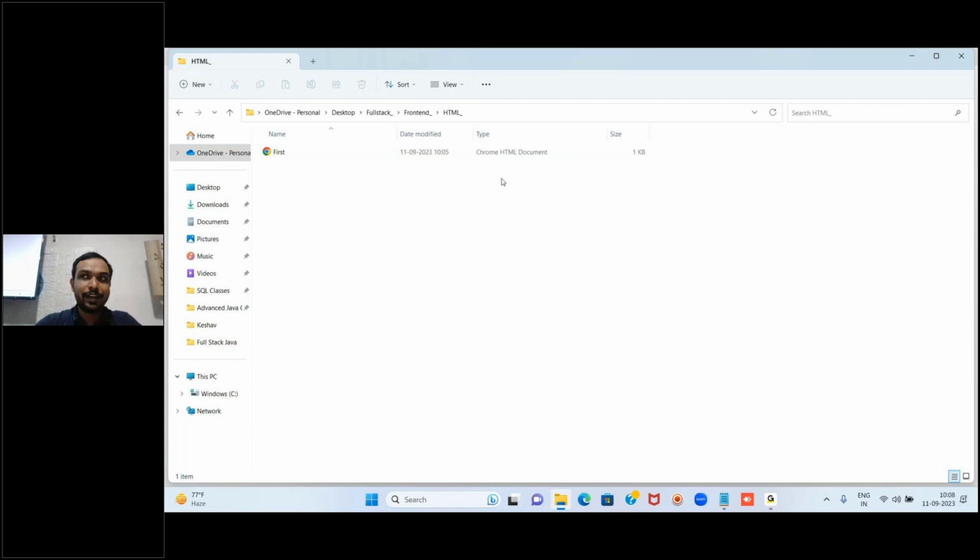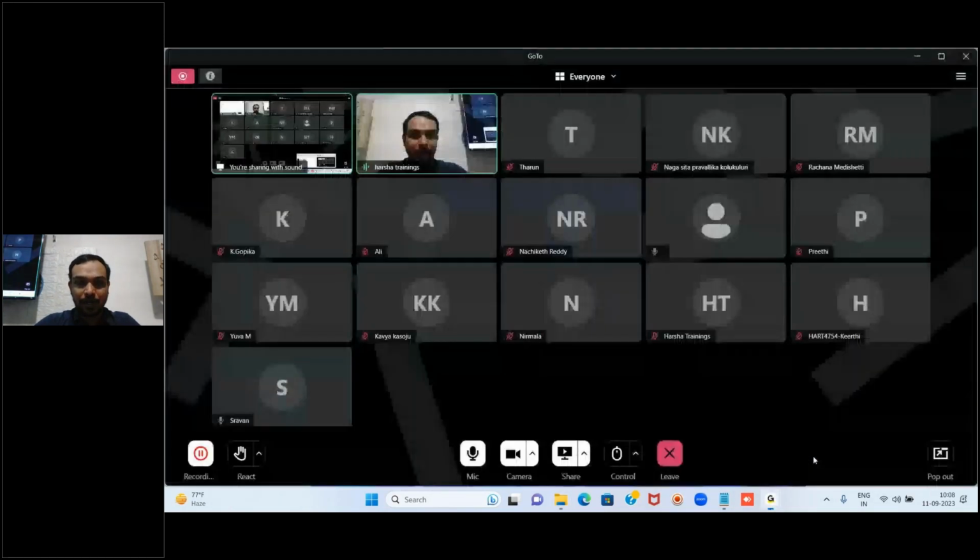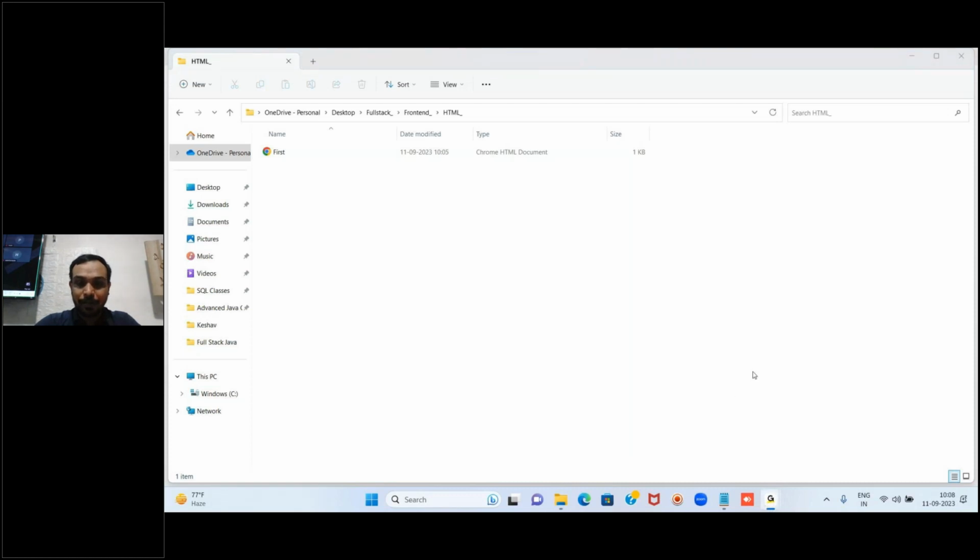So up to now we created and we have checked that it is created or not, cross checked, but still we didn't see the output. So to see the output, we have to go to that file, whatever the file we are having. That file,